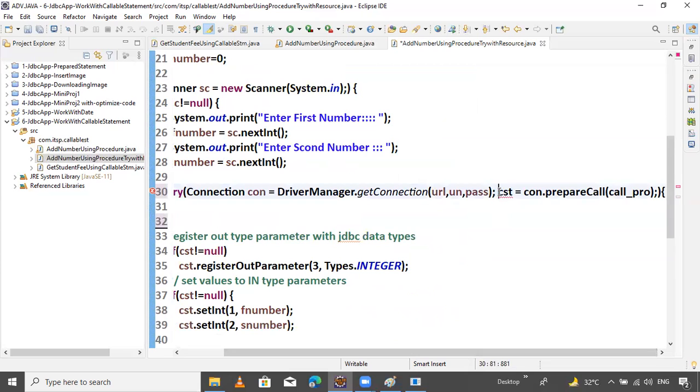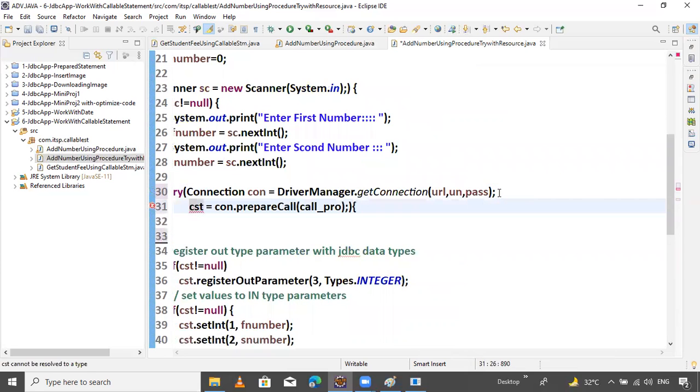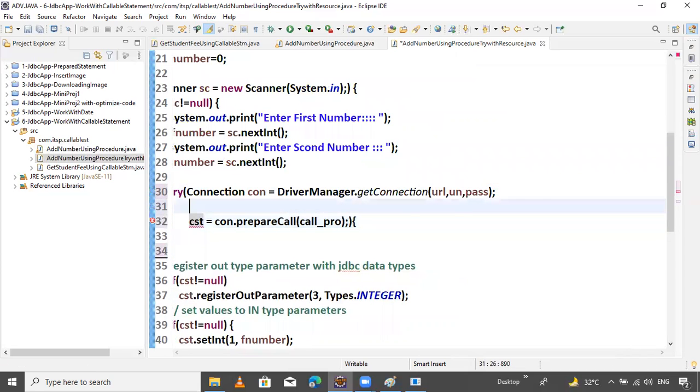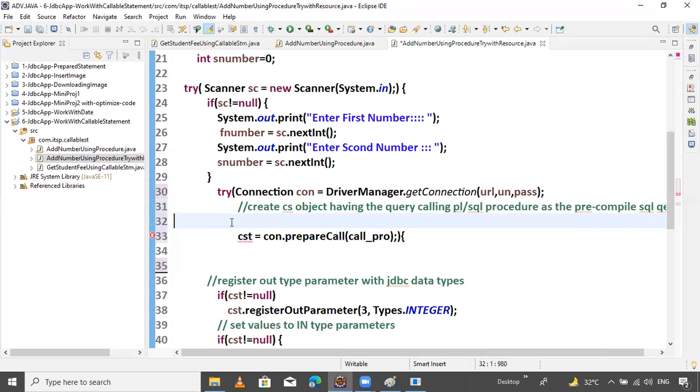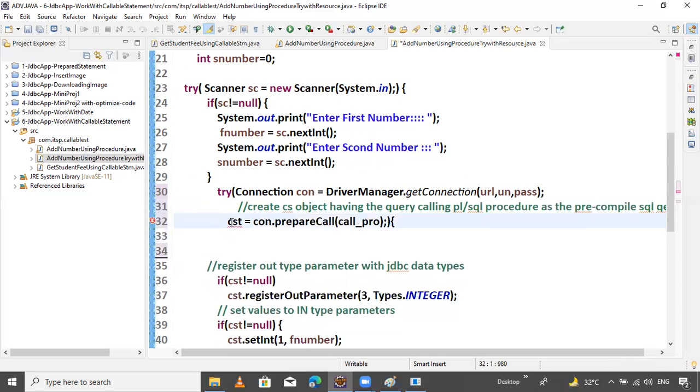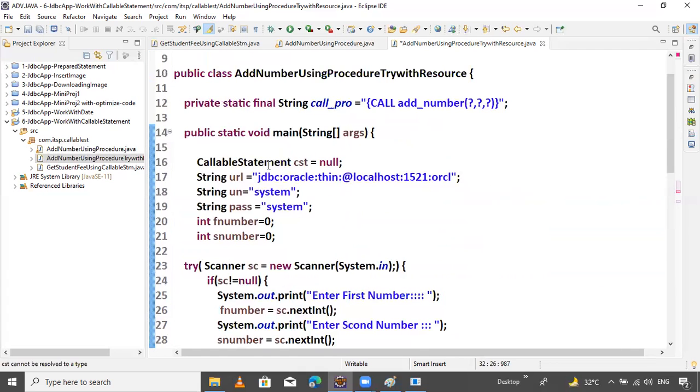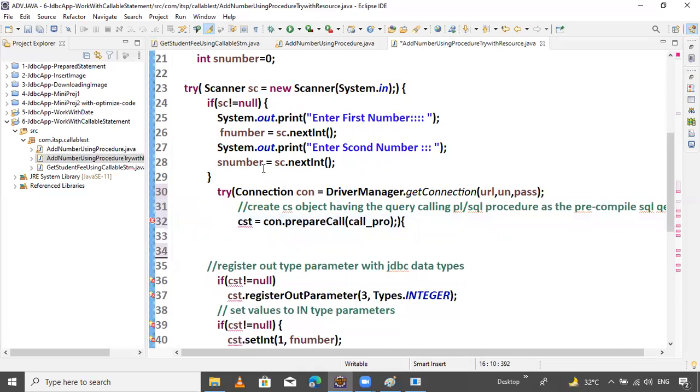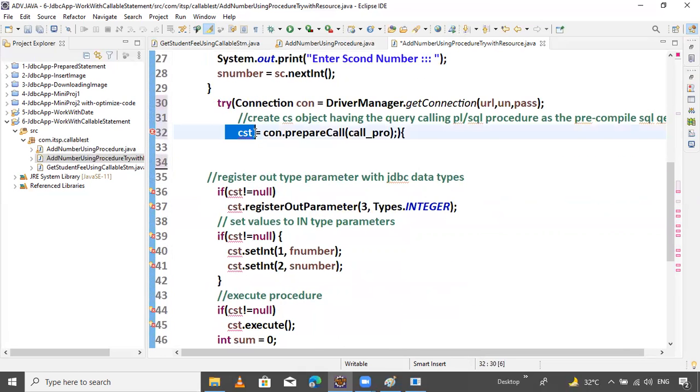So hit enter, just for understanding purposes, and paste this line. What is this line? This is the comment section for you. Creating CS object, callable statement object having the query. That's okay. This is inside the resource, inside the try with resources, guys. So now here you can declare callable statement connection CST. Control X, not required this, remove it, and here just simply paste it. Guys.